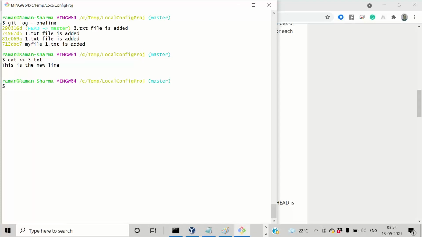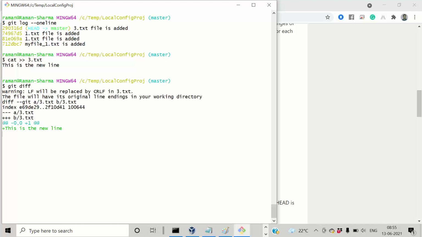Once I add this, now I will say git diff. It shows the difference between the last commit of 3.txt and the current file, which is that you have added a new line. Plus means you have added a new line. Do you want to commit this? Yes, I want to commit this, and I will use git commit -m